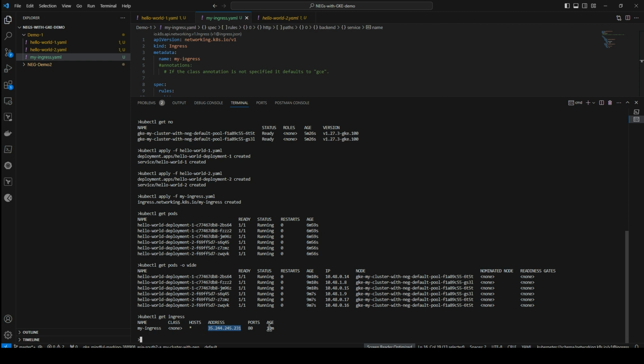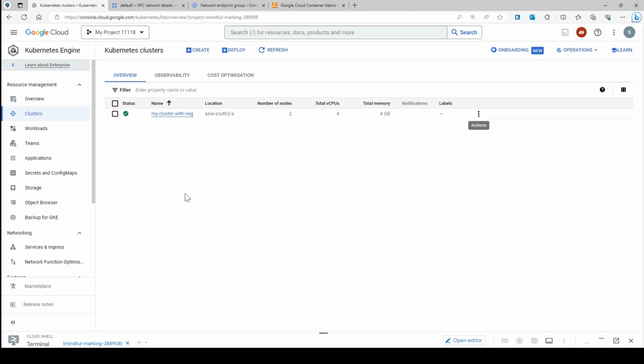Now this is the point where we want to see the comparison. So earlier we have seen the load balancer where the backend service is managing the instance group, but since this is a GKE cluster and we have used that option, the VPC native option, that's why we don't see that instance group anymore. But before I show you my load balancer, let's first see the